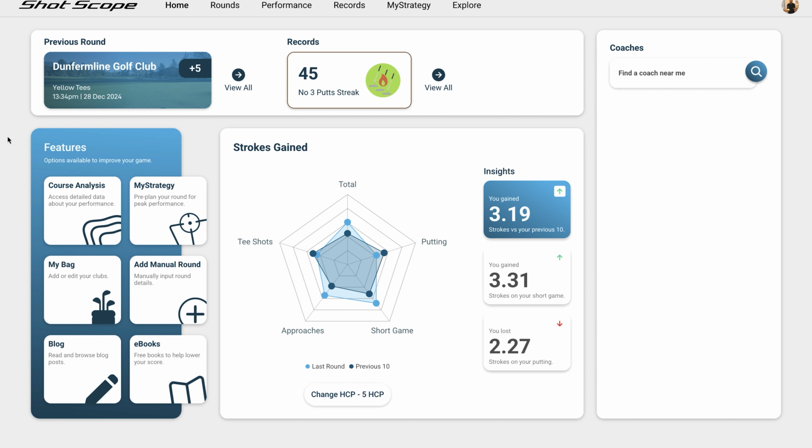Now your homepage here will show you lots of data about your previous rounds, how many strokes you gained or lost, so general insights like this. But if this is the first time you are going through the editing process, you'll not have this data because you don't have any previously recorded rounds or records or insights. But you will still have some options down the left hand side to do things like manage your clubs, to record a round manually, and also access things like the My Strategy tool to plan for your next round of golf. And again, I have a video showing you how to use this tool, which again I'll link to in the description below. But what we want to do is we want to click on rounds from the top menu,